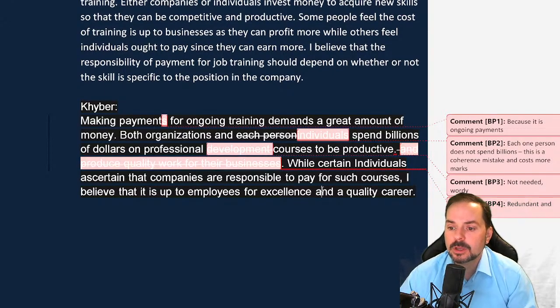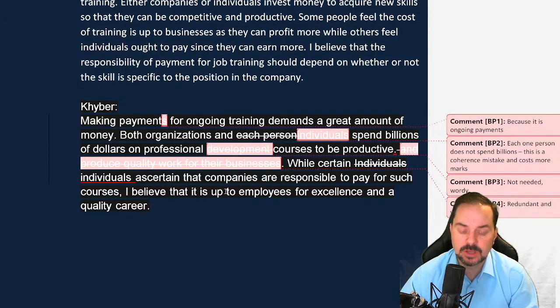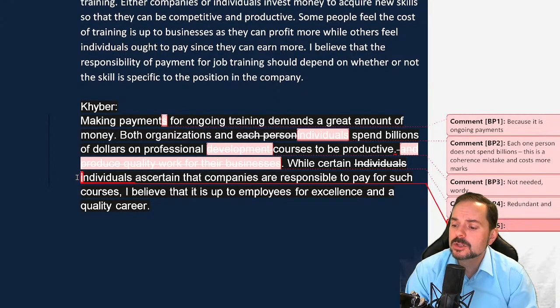All right, so now, while certain individuals ascertain that companies are responsible to pay for such courses, I believe that it is up to employees for excellence and quality of work. Okay, let me show you. There's a quick mistake here. This individuals is a small I. Okay, so this would be a capitalization mistake. Now, this isn't a huge mistake, but if you make lots of these mistakes, it is a problem. Hi, Sammy. Okay. So capitalization,